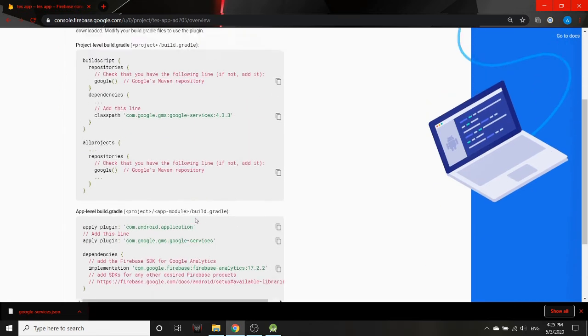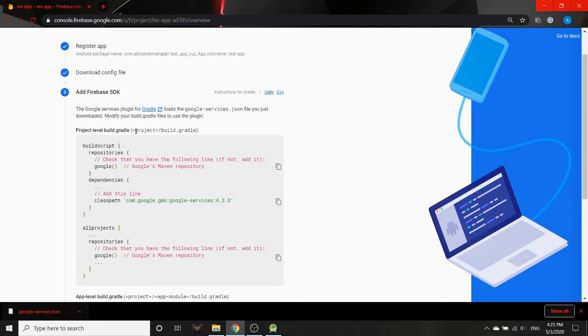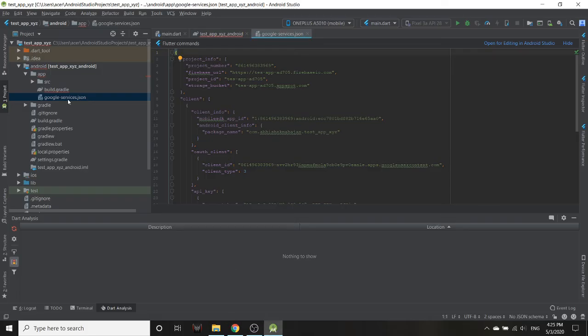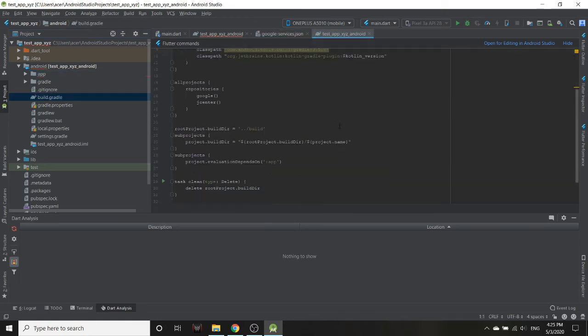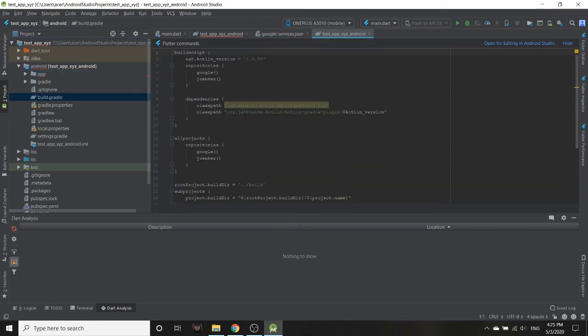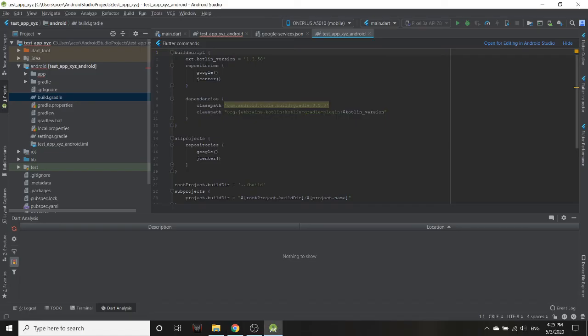Now we have to add a few scripts in here. You go to the project level Gradle, which is this one, and you have to make sure that all of these things are there. Under buildscript repositories, there should be something like this, google. I'll just check repositories, google.